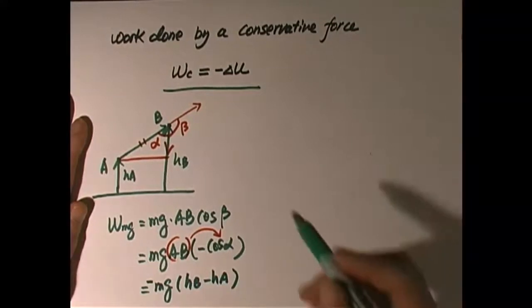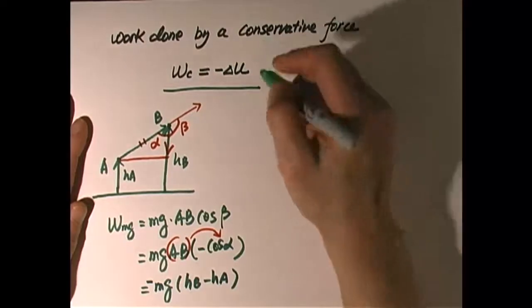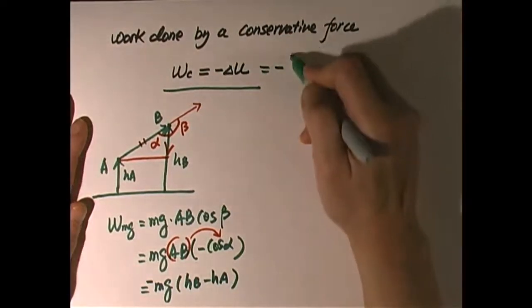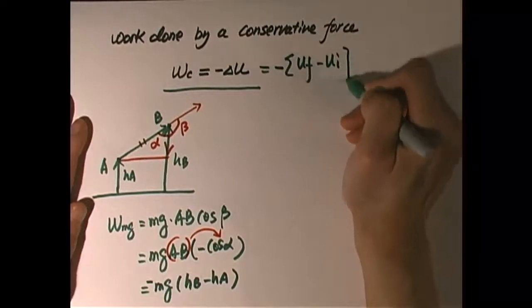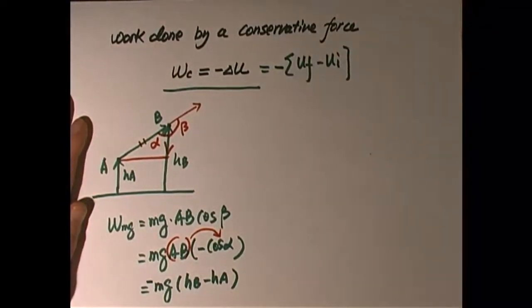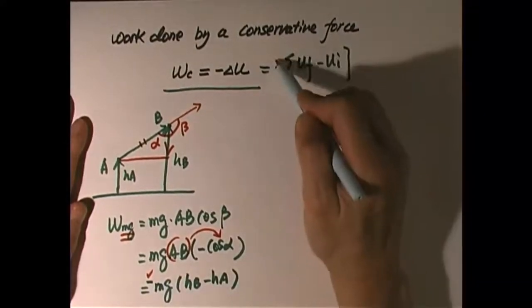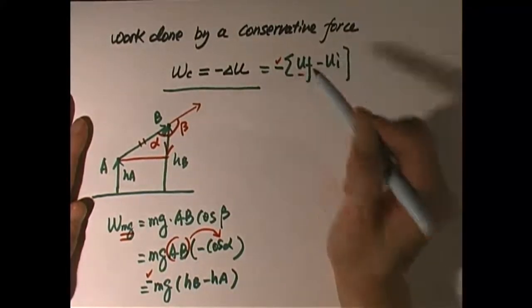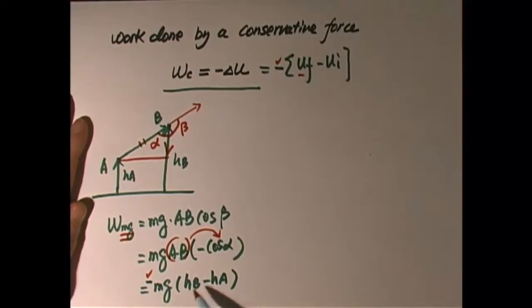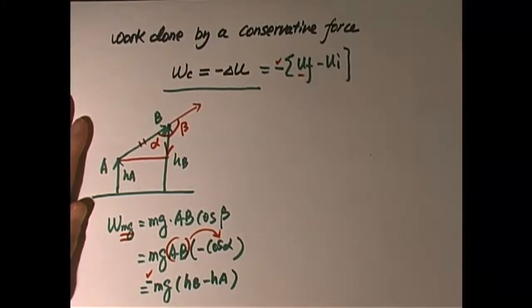So let's take a look. If work done by a conservative force equals negative change in potential energy, which means negative change is always potential final minus potential initial. Now let's take a look. In our case, work done by gravity equals negative. We have this negative. See that? Negative. It looks like our mgHb should be defined as the potential final, minus mg of HA should be defined as the